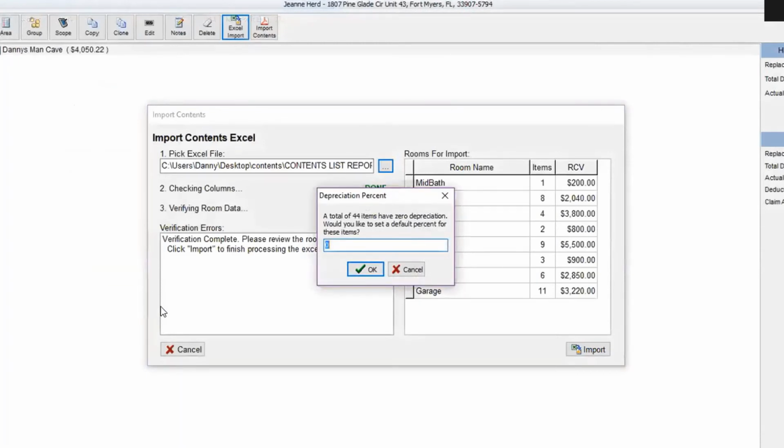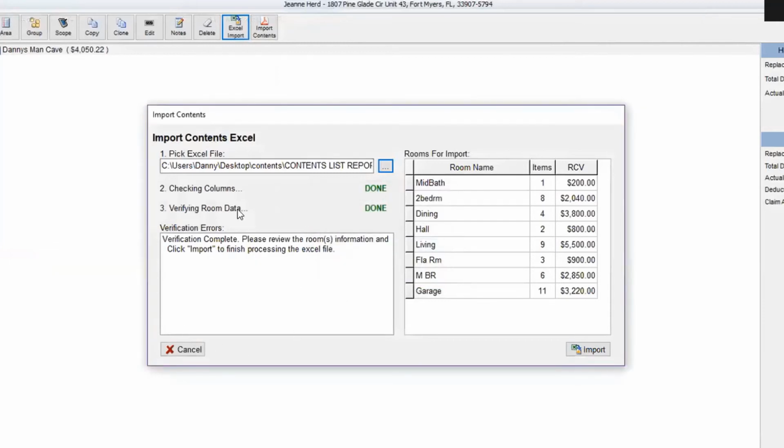Now I have the ability to actually put depreciation in. Now this is a group depreciation, but I want to put this in because if I forget one, I might get it kicked back. So let's say I do 15% and I click OK. Now the audit procedure will come up with a green done and done. This is the end result that you want. Okay. Now if you get an error,